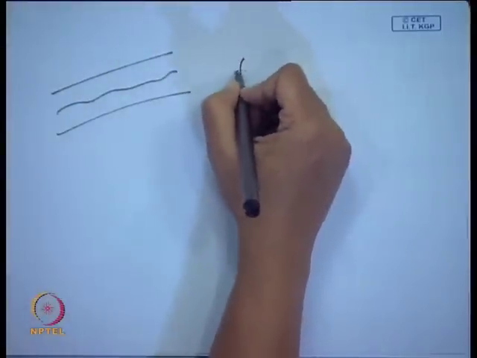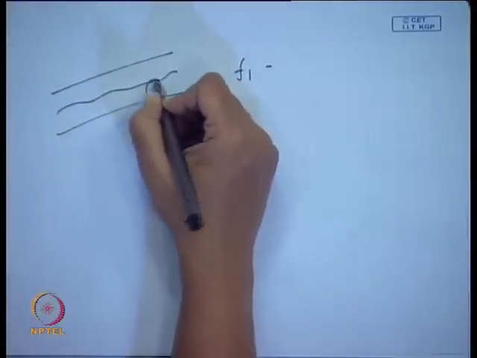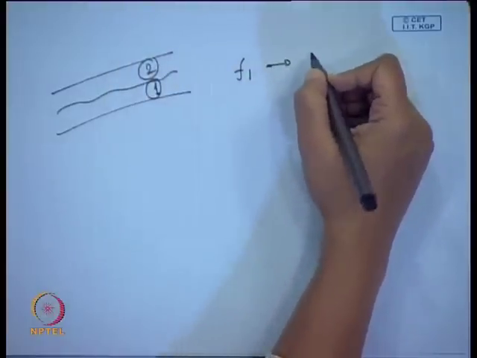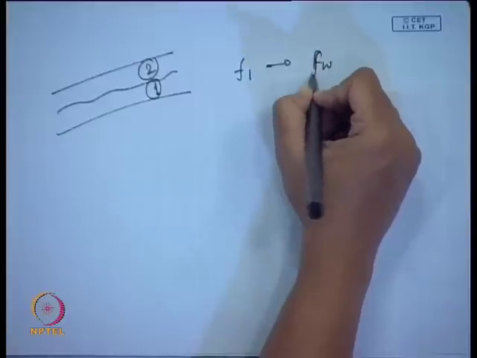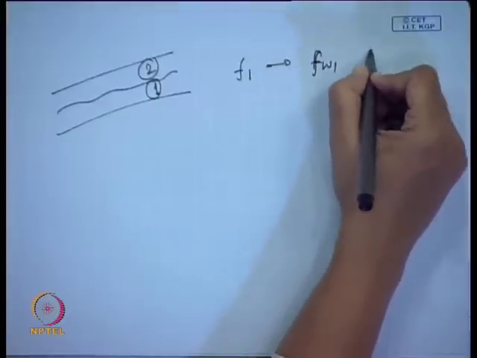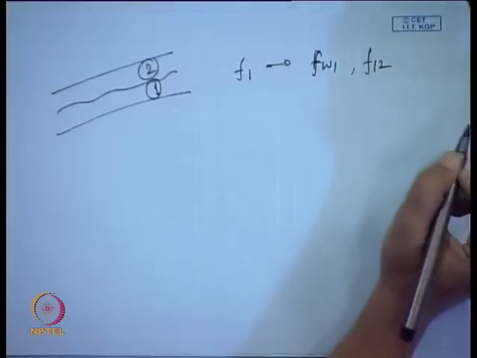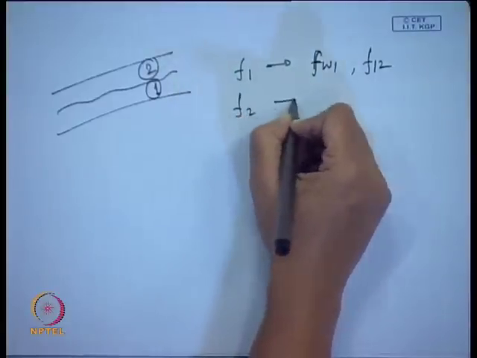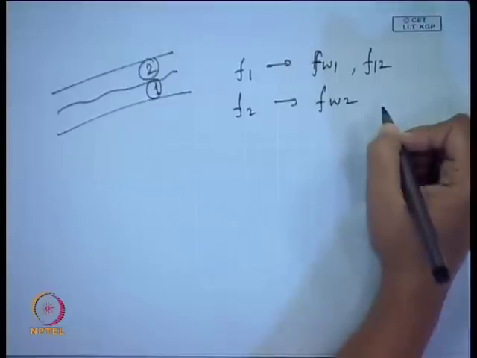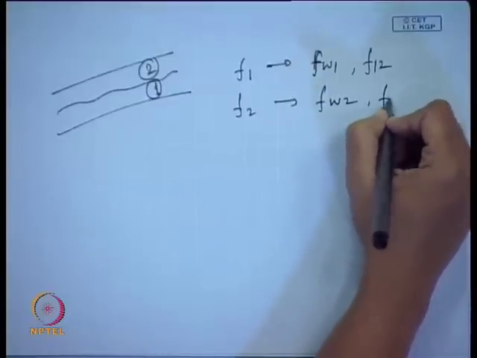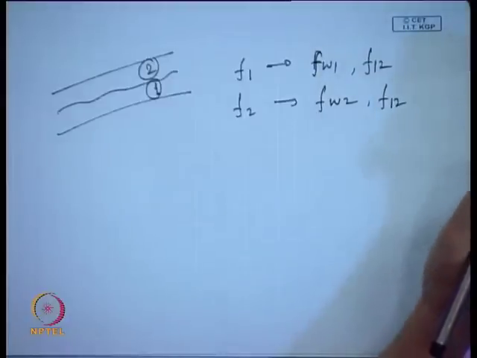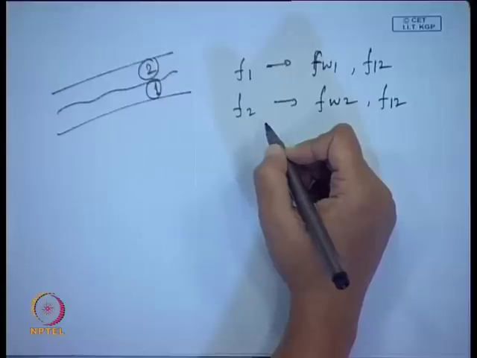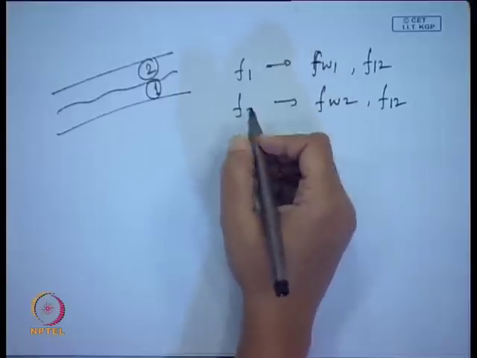In this particular case, this is phase 1 and this is phase 2. So, F1 should comprise of what? FW1 has to be there, right, and F12 has to be there, yes or no? F2 what should it comprise of? FW2 has to be there and F12 has to be there, isn't it? So, accordingly we had written down the equations and what did we get? So, therefore,